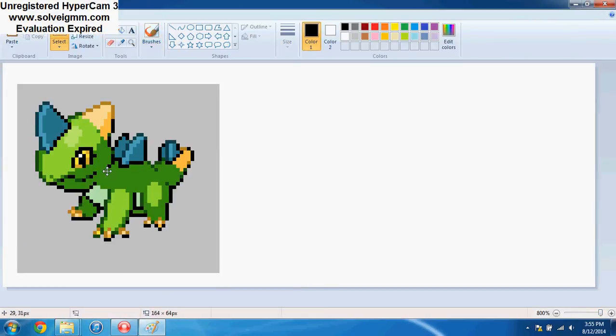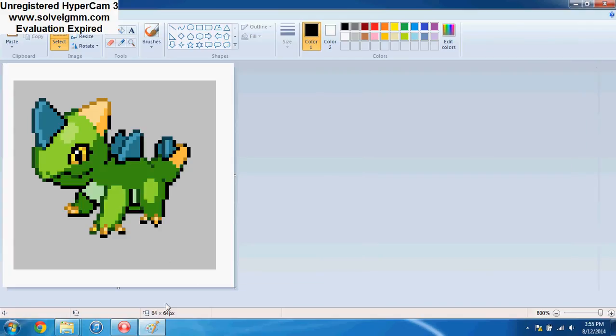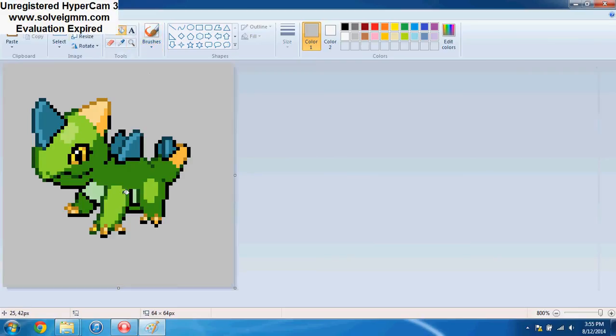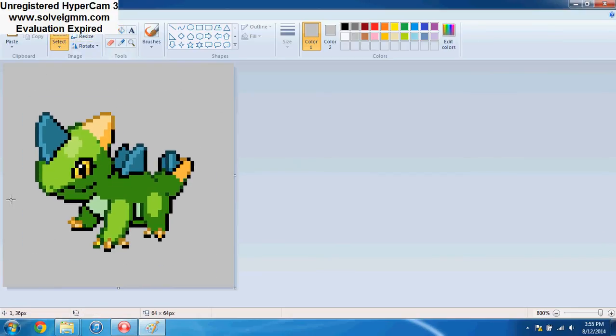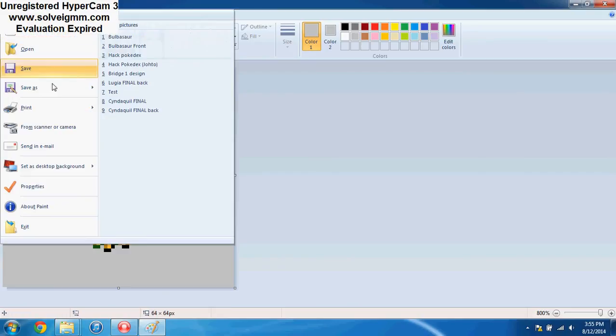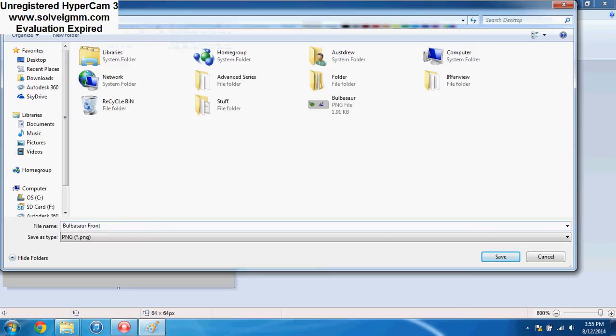Paint. Try to center it, and you want to make sure your Paint file is now 64 by 64 pixels. So I'm going to reduce my file a little bit so that it's now 64 by 64, and you want to make sure the background fills in the entire background for your sprite, and that you don't leave any white around your file. Now you would save this, so I'm going to save mine as Bulbasaur front because this is a front sprite,